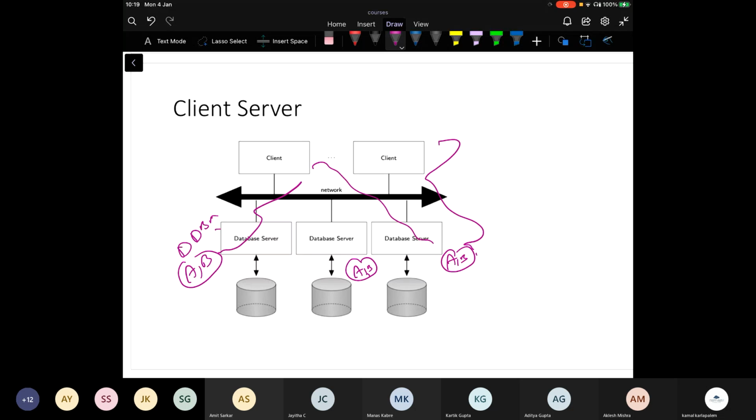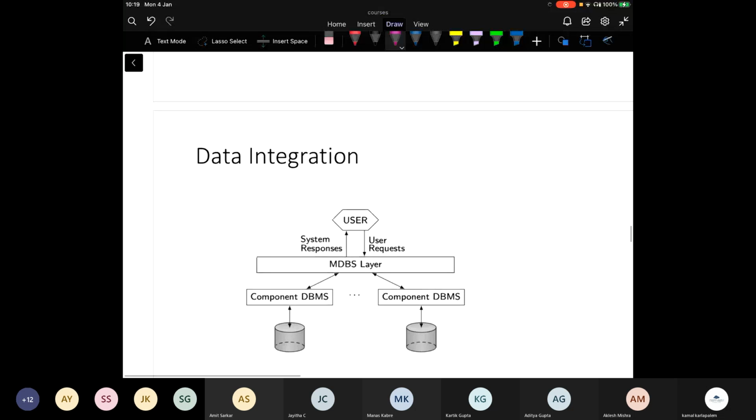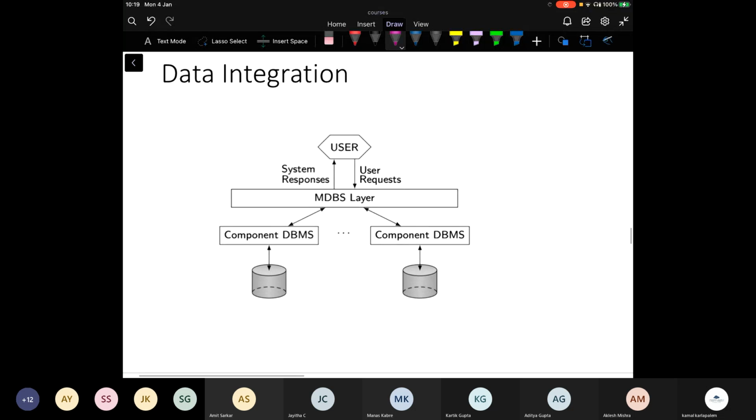So you want the system catalog B and the distributed DBMS layer A in all of them. The third architecture is that this can be my